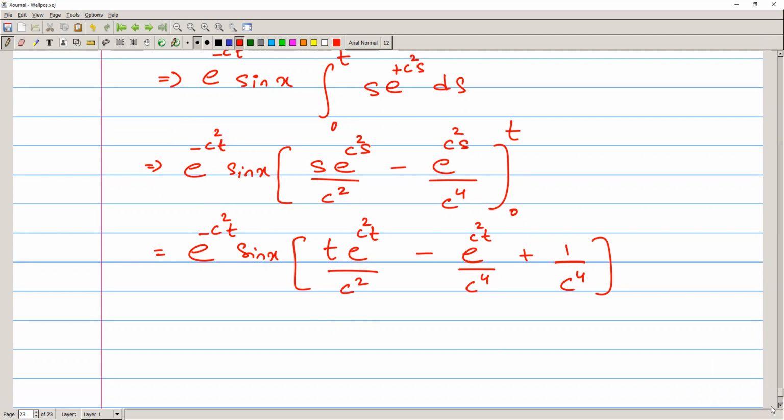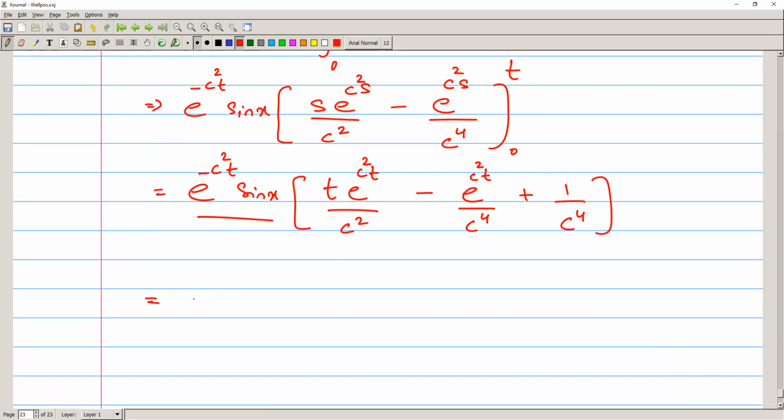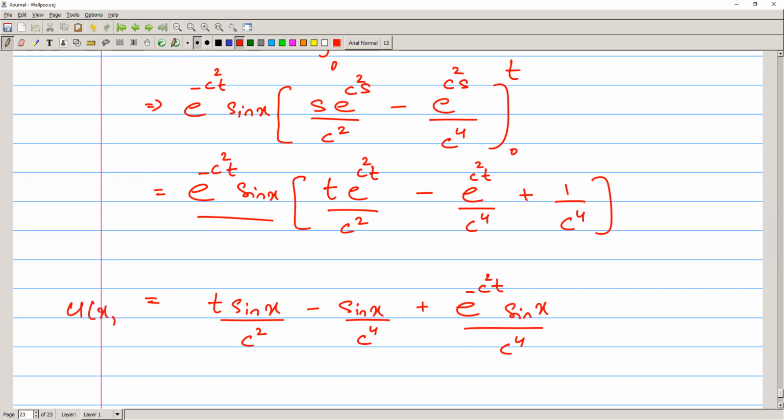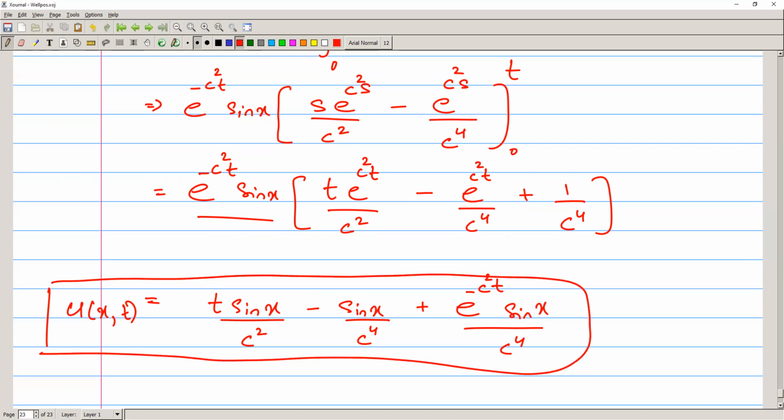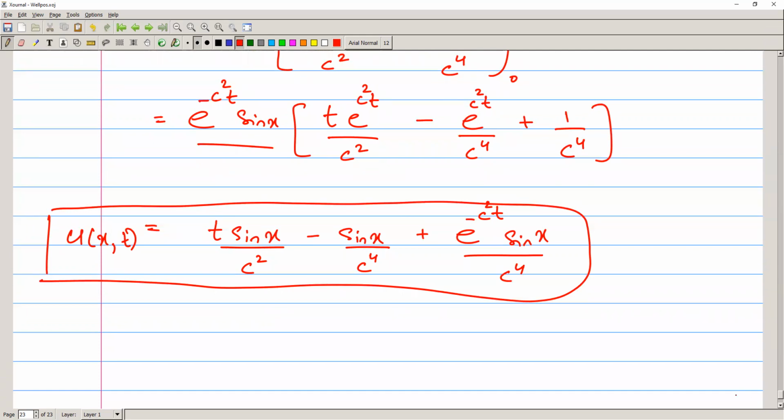Now we can multiply this function inside, and we will get t sine x over c squared minus sine x over c to the power 4 plus e to the power negative c squared t sine x over c power 4. So this is the final answer for the given equation, right? So in this way we can work out the equation